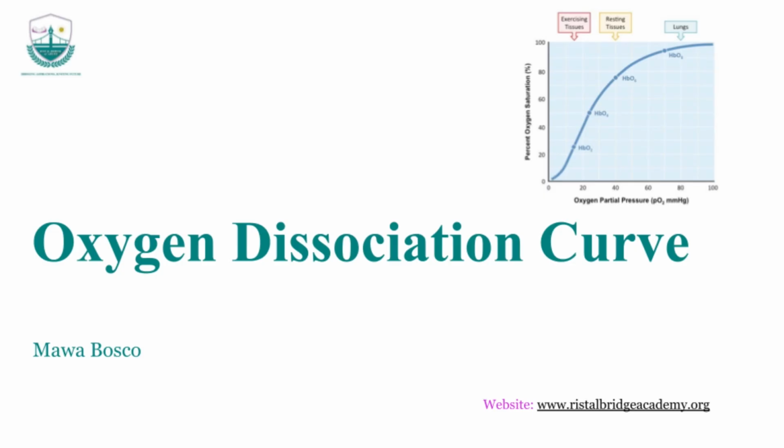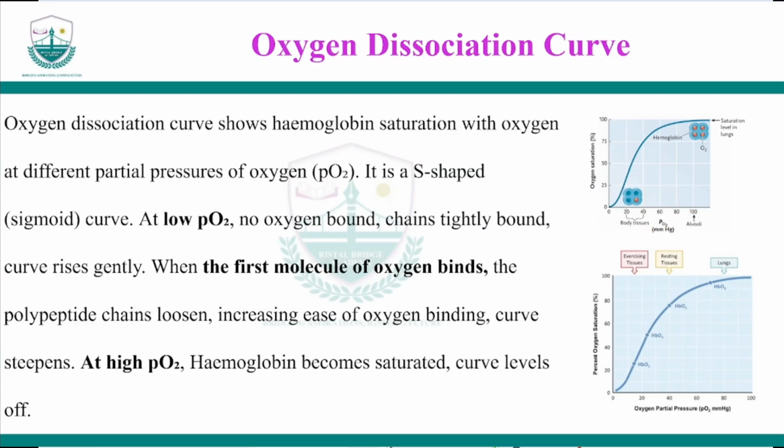Hello class, today we will explore the oxygen dissociation curve, a crucial concept in understanding how oxygen is transported and released in the body. This topic ties directly into respiration, hemoglobin function, and physiological adaptations in different organisms. By the end of this lesson, you should be able to interpret shifts in the curve and explain their physiological significance. The oxygen dissociation curve is a graph that shows the relationship between the partial pressure of oxygen, PO2, and